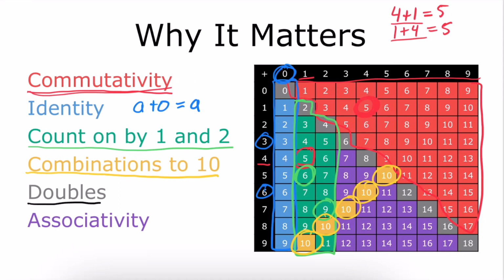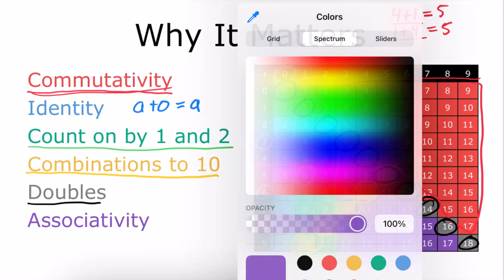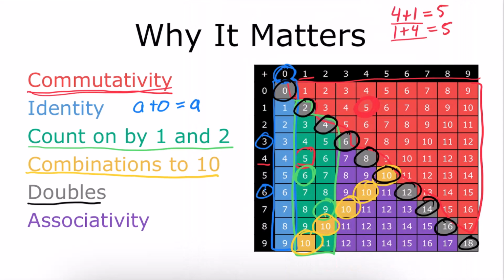So the doubles are basically memorizing what two numbers that are the same add together to be. So like 2 plus 2 is 4, 3 plus 3 is 6, 4 plus 4 is 8, 5 plus 5 is 10, and so on and so forth. And if your students have the doubles and the tens memorized, then this can make the rest of the addition table really easy to figure out using the associative property. So the associative property,